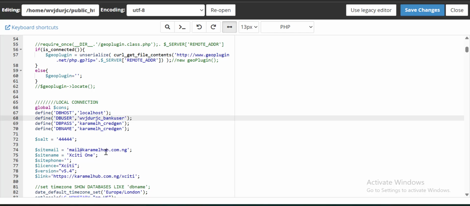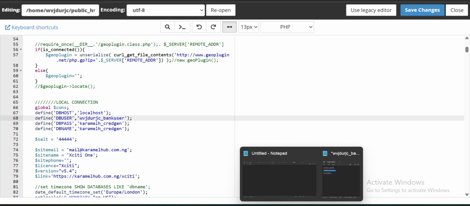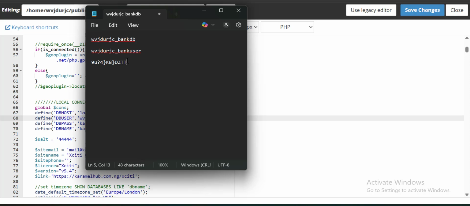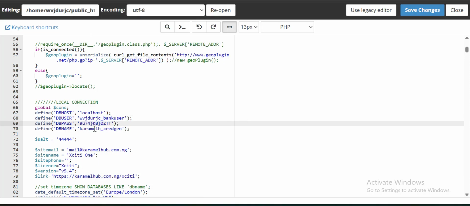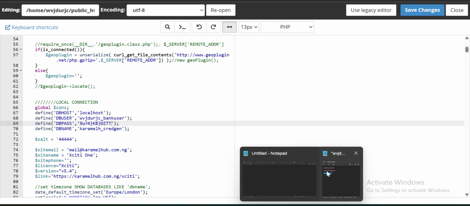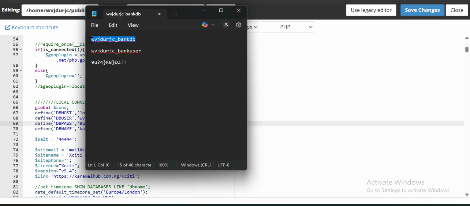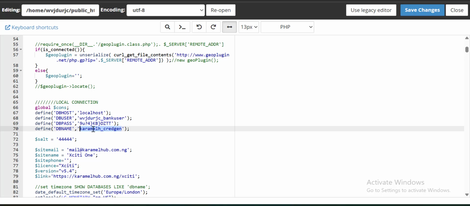Make sure you don't have space. Then DB password is the password which I created. Okay, and then DB name will be this. DB name will be this. Okay, so now